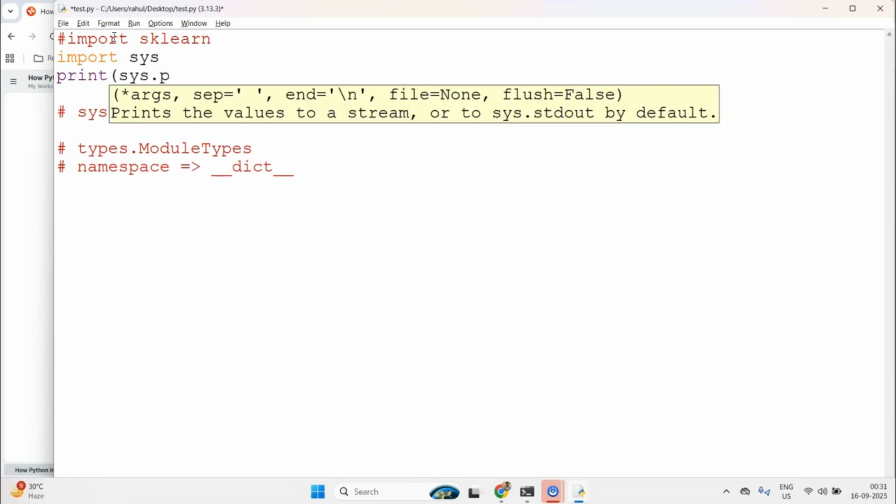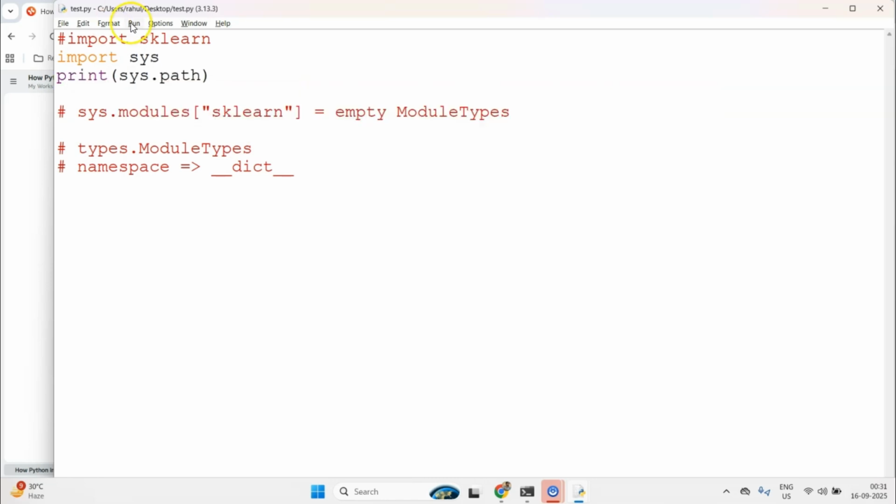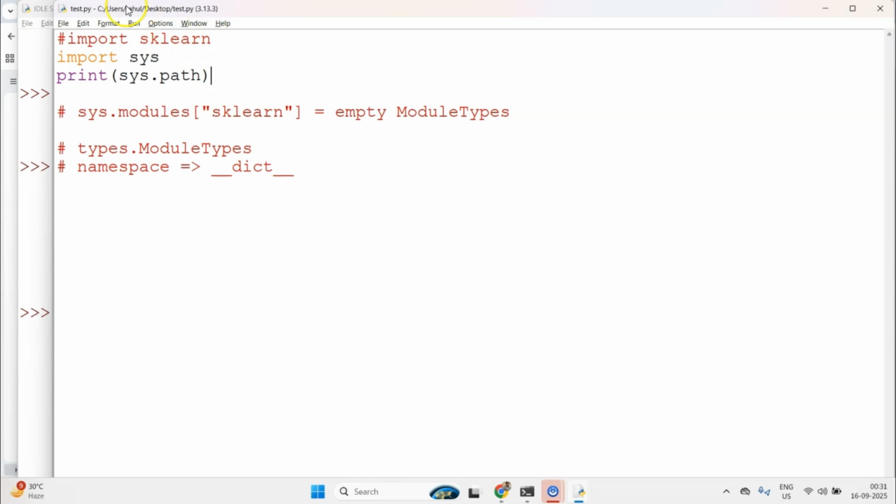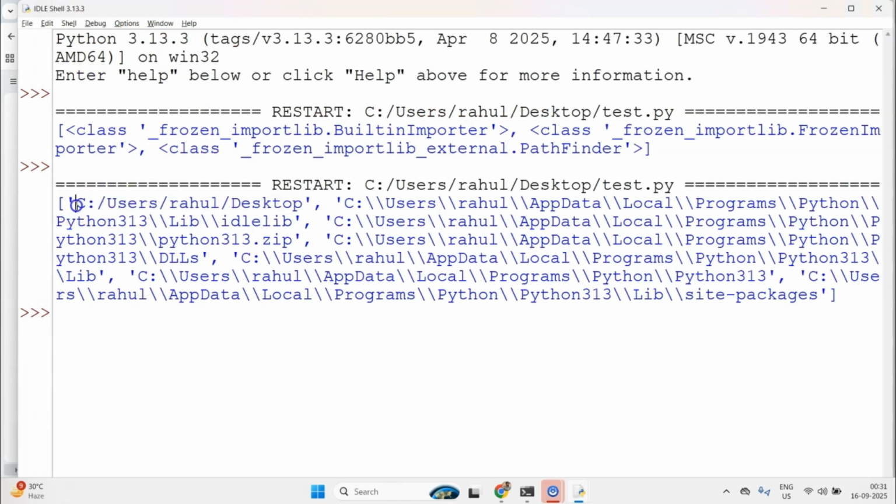Now where exactly is the path located? Let's run this and quickly inspect what we have. Notice here, the path's first element will always be the place at which your script is located. My current script test.py, if you notice at the top, is located on desktop. So the first directory path will be desktop, and then there will be things like site-packages.